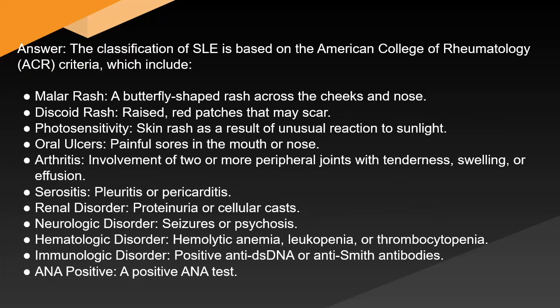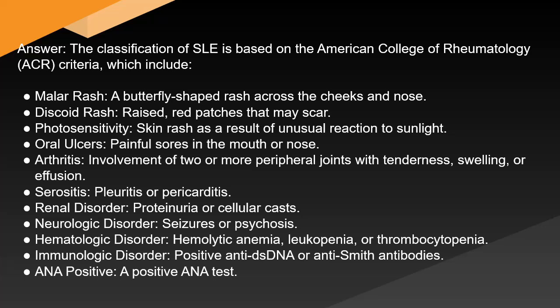Answer: the classification of SLE is based on the American College of Rheumatology ACR criteria, which include malar rash, a butterfly-shaped rash across the cheeks and nose; discoid rash, raised red patches that may scar; photosensitivity, skin rash as a result of unusual reaction to sunlight; oral ulcers, painful sores in the mouth or nose; arthritis, involvement of two or